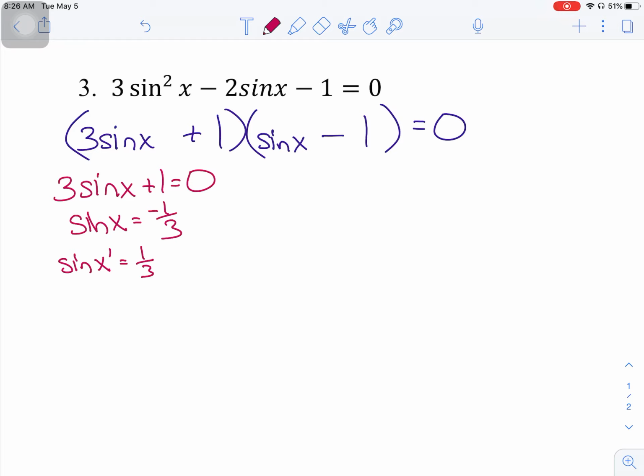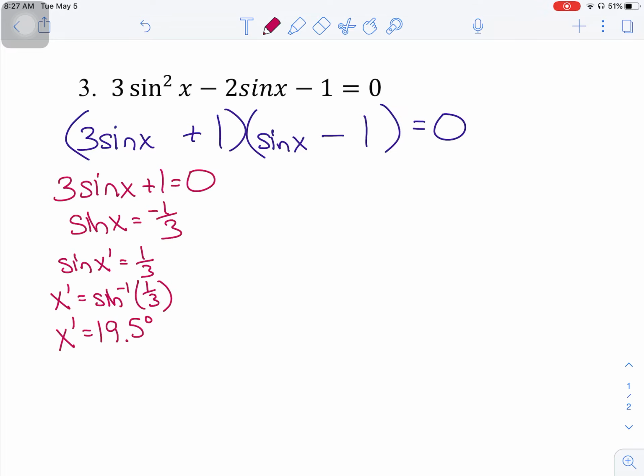On my calculator, x prime, my reference angle, is going to be found by doing the inverse sine of 1/3. So I'm going to grab my handy dandy calculator. I'm going to make sure it is in degree mode. All right, I'm going to do the inverse sine of 1/3, and when I round to the nearest tenth,